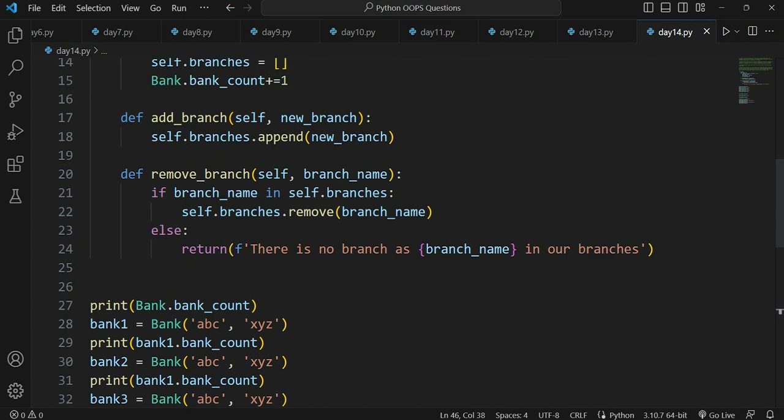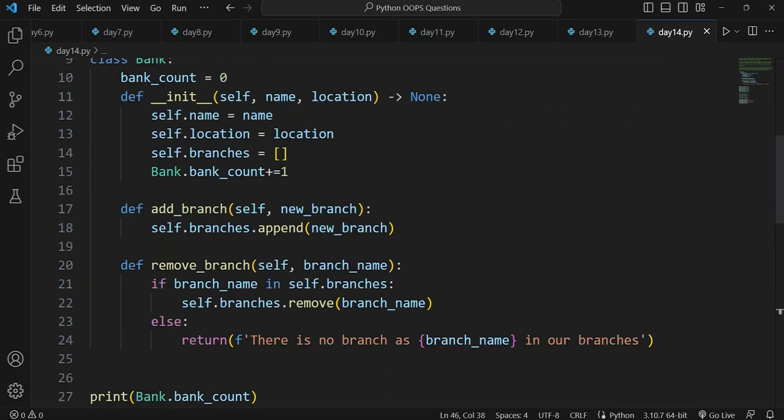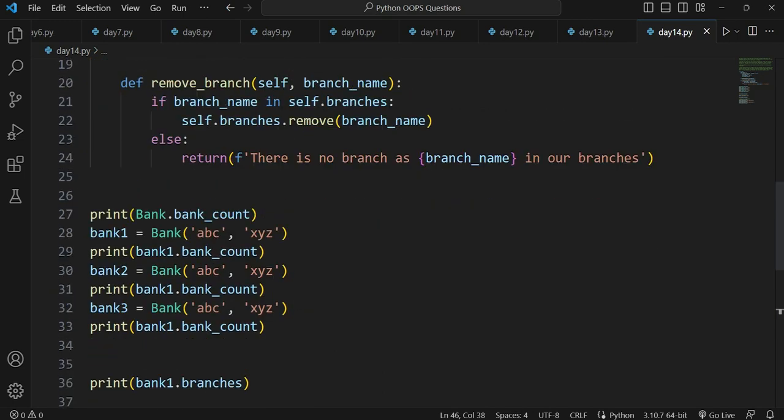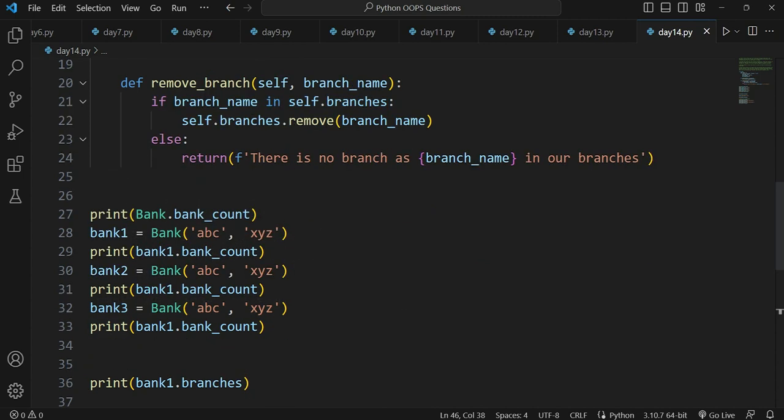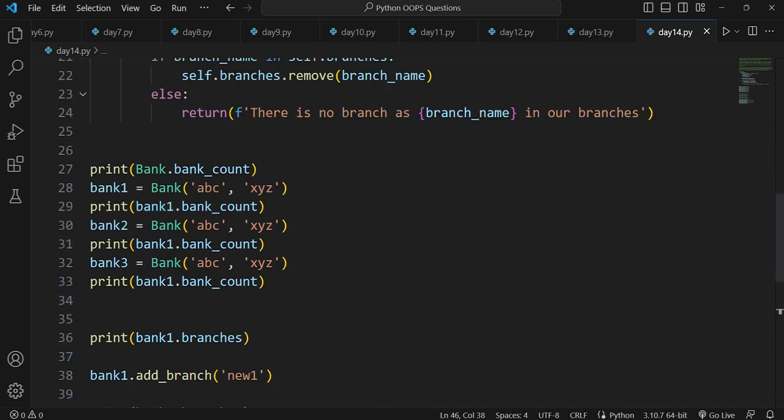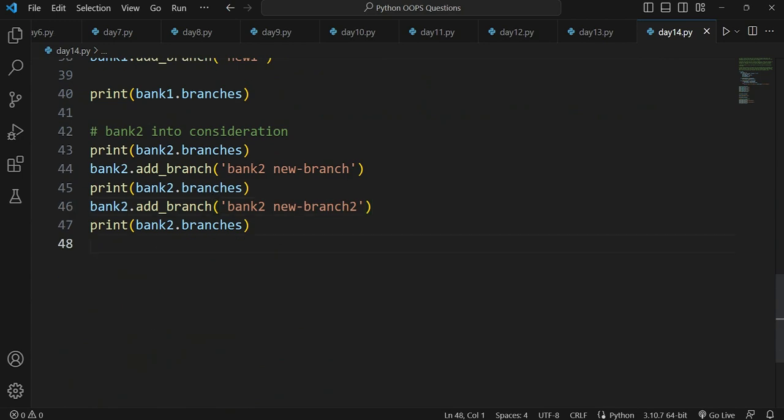Now let's check the second method we have created, remove branch. We have checked our first method, it's working correctly. We have checked it for two objects, and I have already checked for the first two. You can check it for the third bank we have, or else I can just make it for 3 as well.